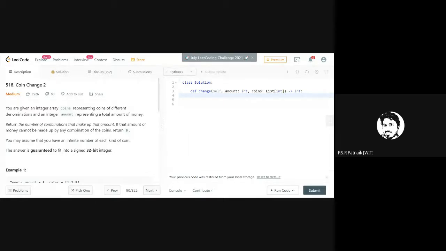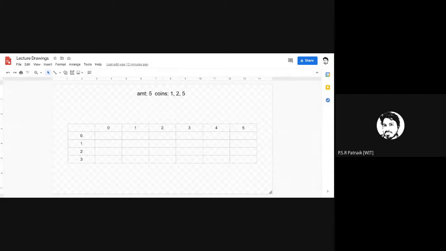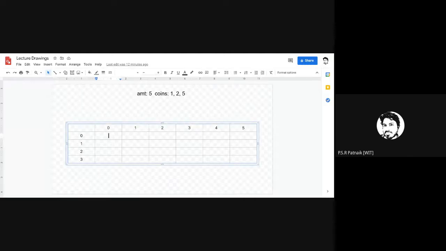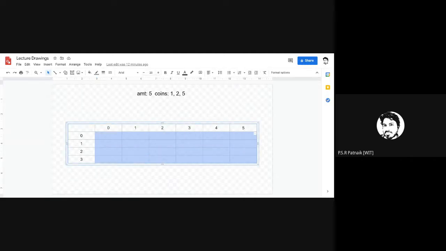Okay. So let me move to tabular organization, and let us see how we compute the solution by using the tabular approach. Remember, in any bottom-up dynamic programming approach, we create a table, and this table holds values based on which I keep on computing the solution for the larger problem.